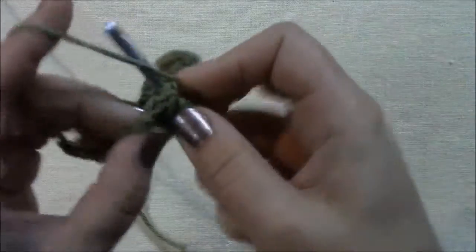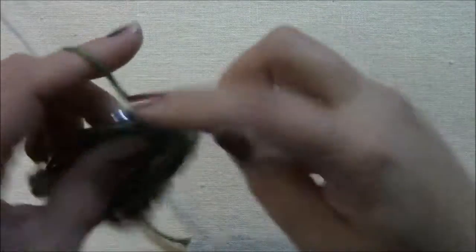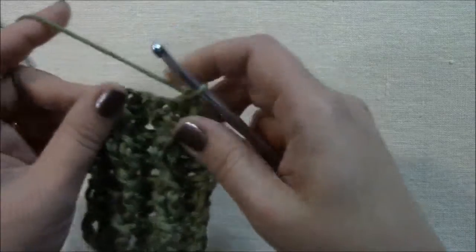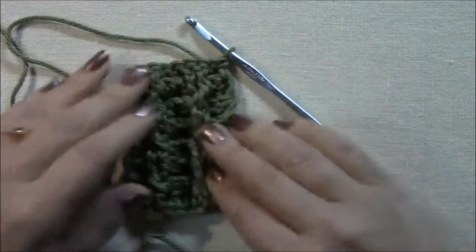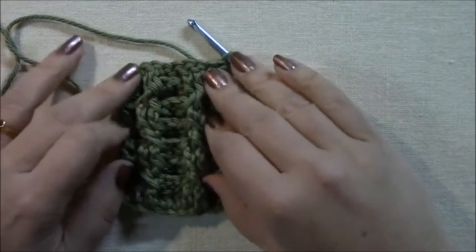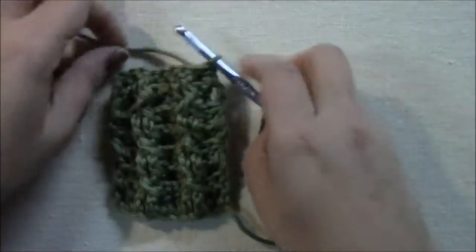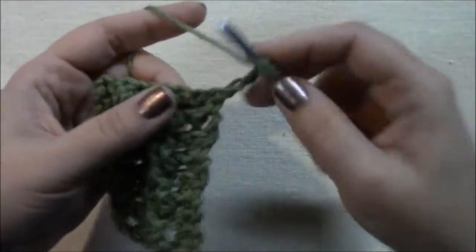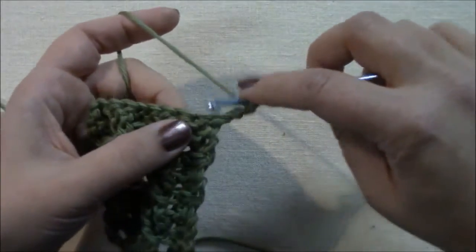And this one is second, so that's where I'm putting that back post double crochet. One more front post, and then the half double. And then let's do that row one more time, then a return row, and then we'll work on the 4s, which are really exciting. Okay, so one more cable row, so work on the back post here, and then we're